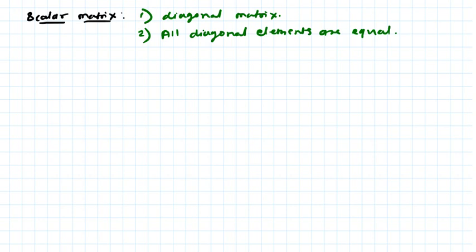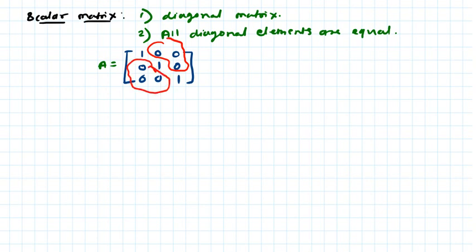Okay, now we'll take the example. Suppose this is the matrix A: 1 0 0, 0 1 0, 0 0 1. Now first question is whether it is a diagonal matrix. So answer is yes, it is a diagonal matrix, because all the non-diagonal elements are 0. Now next thing is second condition, all the diagonal elements are equal. Diagonal contains the elements 1 1 1, and all the elements are equal,